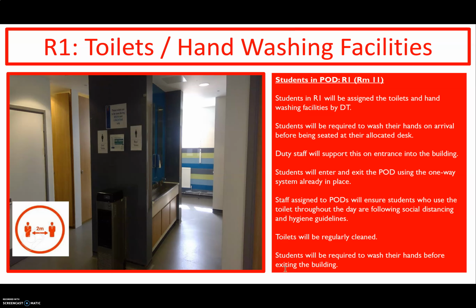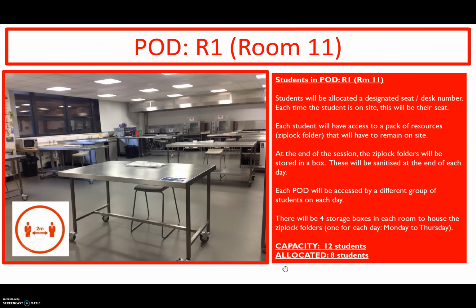So once you've washed your hands, you will then enter into the pod. So if you're in R1, you will be in room 11. So this is exactly how the pod currently looks. So you will see we've got individual desks. On each desk there is an allocated desk number, so that when you come in on your particular day, you always sit in that allocated seat. So if you're in on a Monday on desk 1, the following Monday you will sit in exactly the same